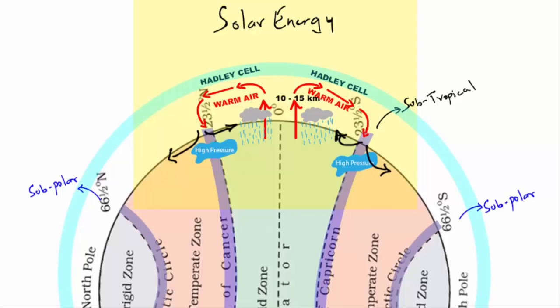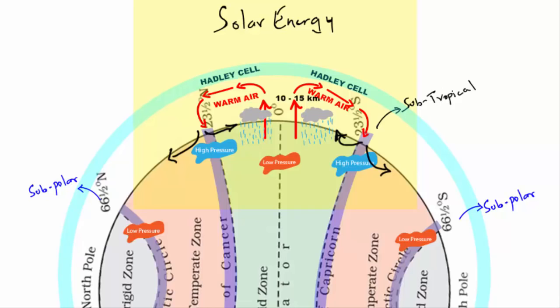Now think for a while. All this time we read that low pressure is supposed to develop due to warm air, because if you look at the equator, that region is warm and warm air rises, and that's how the low pressure belt is created near the equator. But over here, it is supposed to be cold. I mean, from the temperate zone, it starts getting colder. So how is it that this region is called the subpolar low? It sounds a little confusing, right? The straightforward logic of temperature and its relation to pressure doesn't seem to apply well over here, right? So what do you think could be the reason?